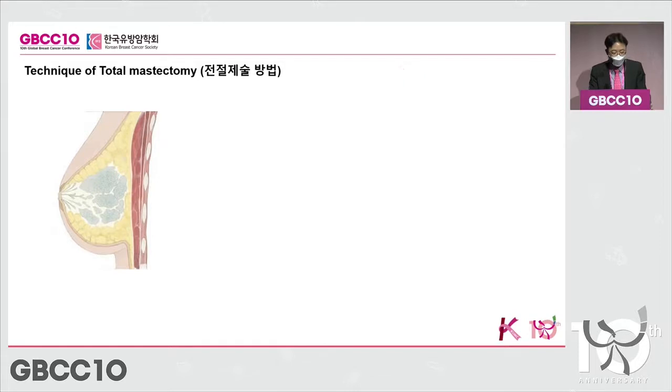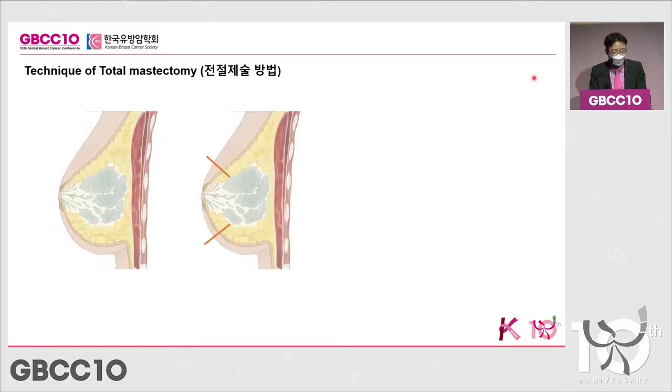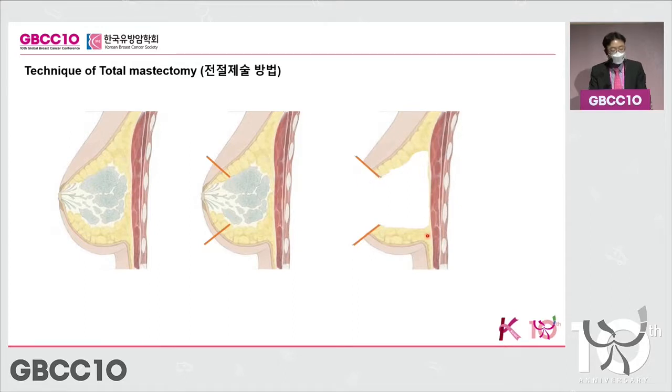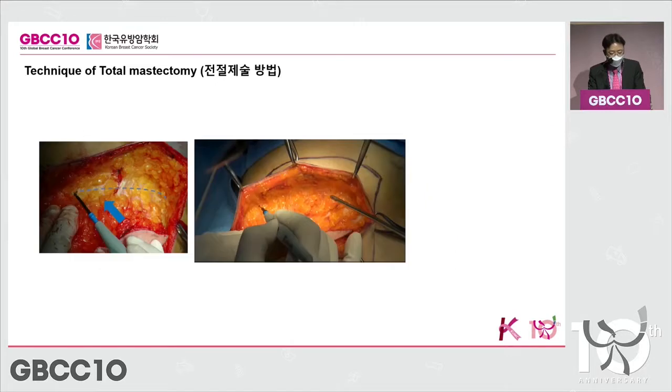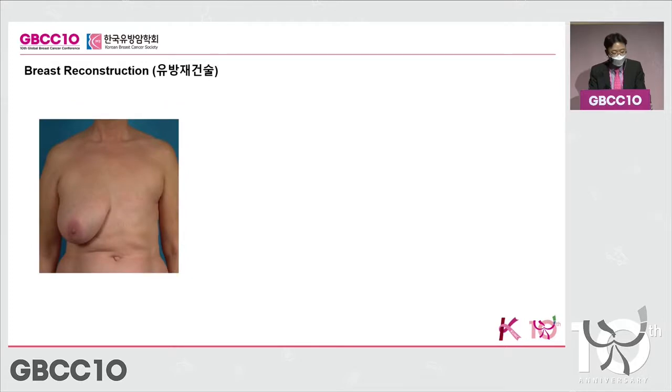So dissections are created in the skin, and then you leave the fat, but you take out all of the breast tissue. You can definitely see the border area right away, and that's how you would go ahead with the surgery. Even if the scar is not too visible, the fact that your breast is no longer there,